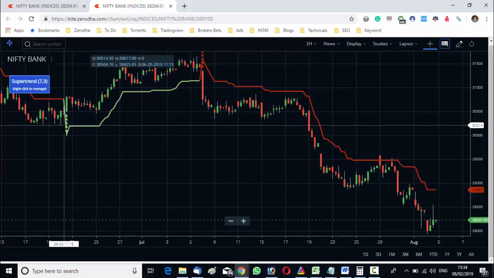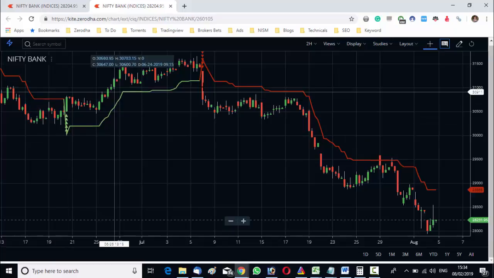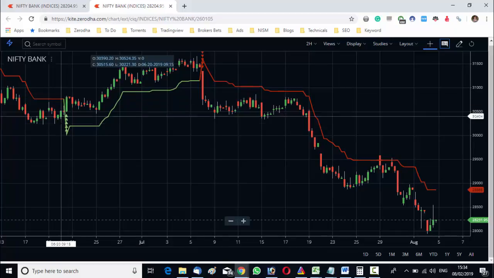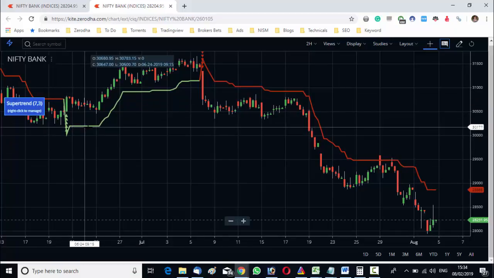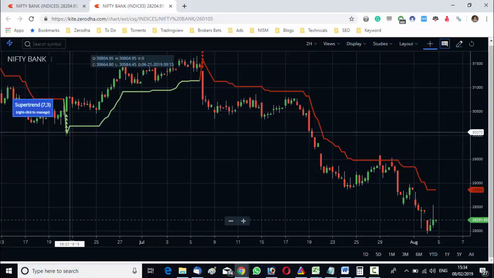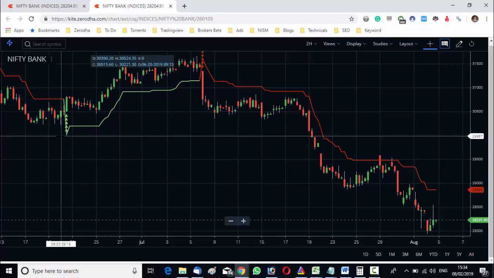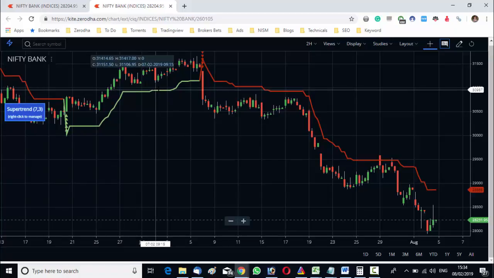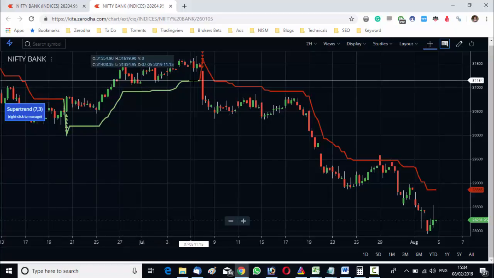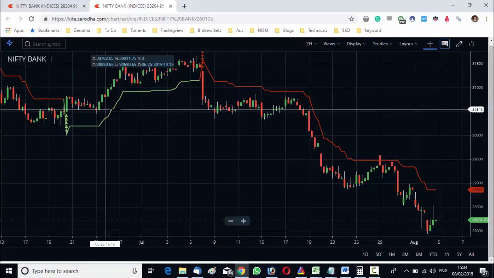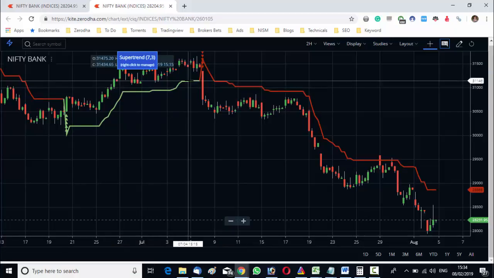There are series of green arrows. This is a buy signal. There are series of sell arrows. This is a sell signal. And once a buy signal comes, you can see there is a green line that is moving below the price. So that is your stop loss. This was the initial stop loss when the buy signal came. And along with the price, the stop loss is also moving up. As the price is moving up, the stop loss is also moving up. So that is a trailing stop loss. The stop loss is trailing and locking in your profit.